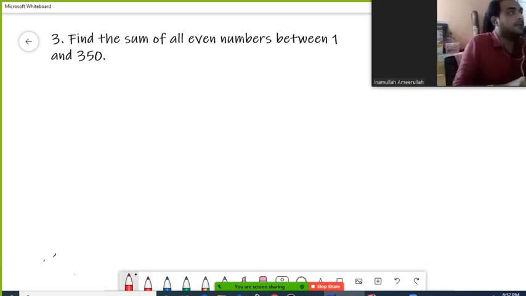Question number 3. Find the sum of all even numbers between 1 to 350. So in this question, we need to find out the sum, which means we will use the Sn formula of all even numbers between 1 to 350. Between 1 to 350 means 1 and 350 will not come in this set. So all the even numbers, the required numbers are,